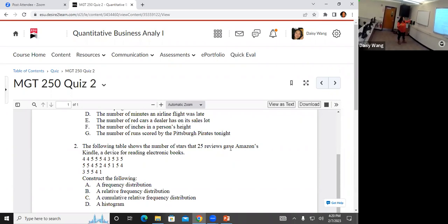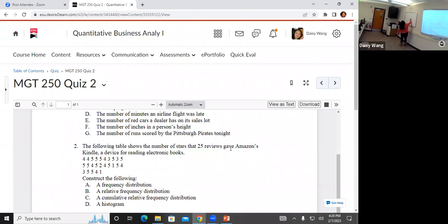Cumulative, we add it up. So the cumulative, this is 0.08. And then for the second one, we add this one with this one, so it's 0.12. And then the third one, we add this with this, 0.24. And then let me just add this with this, 0.52, right? This with this, eventually we get 1. So this is the cumulative distribution. And then the histogram will be